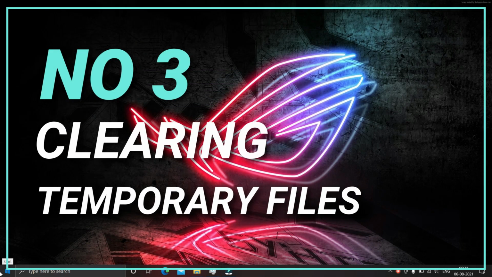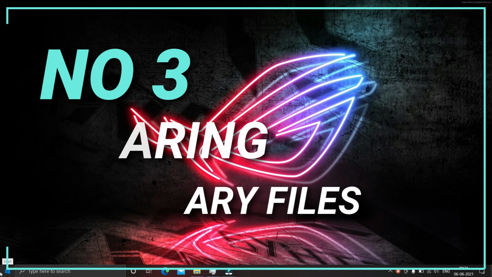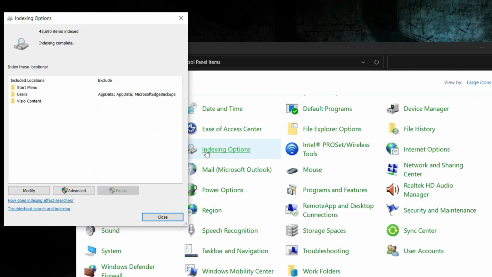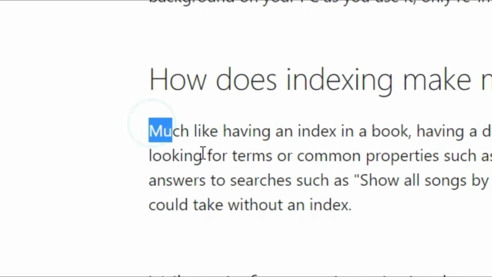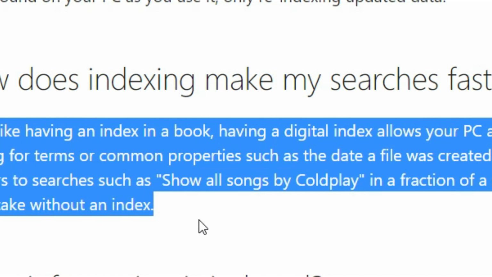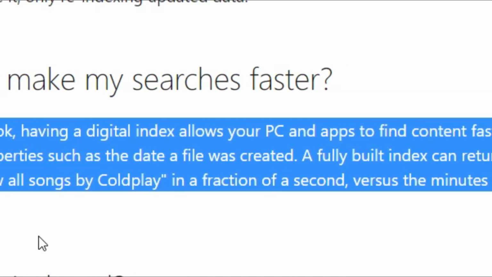Solution 3. Clearing temporary files. Having space in hard disk is very important. There is something called search indexing. Windows uses this feature to quickly access files. This feature of Windows scans all the files stored in our hard disk regularly, which in turn uses up much memory and processing power. So cleaning up the temporary files or having low storage in hard disk minimize the computing